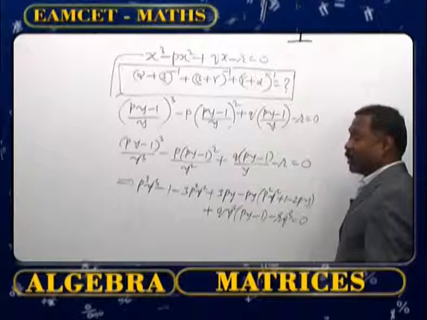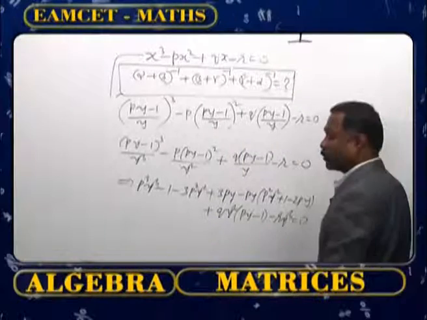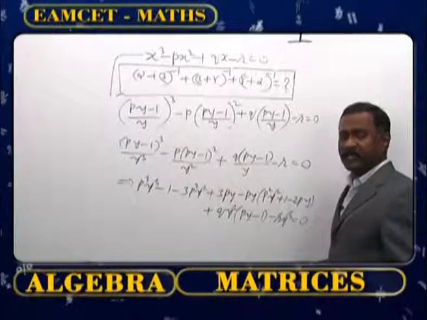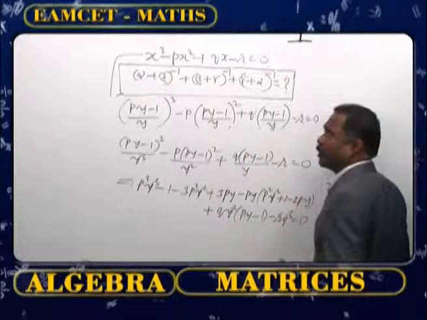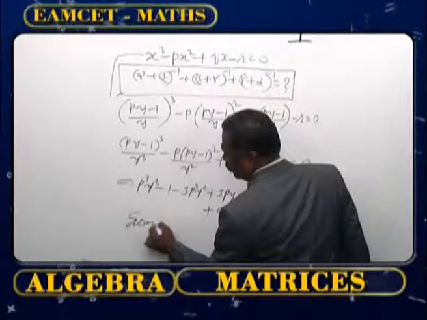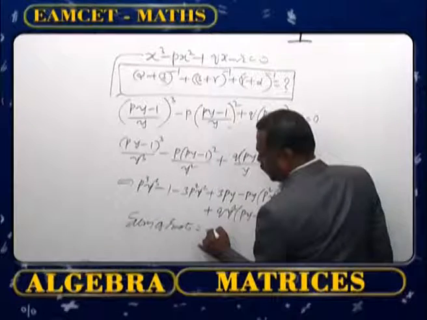So what is that you have got finally? This is the equation. But what we need is, we need only the sum of the roots. For the sum of the roots, what is the formula to be applied? Sum of the roots is minus a1 by